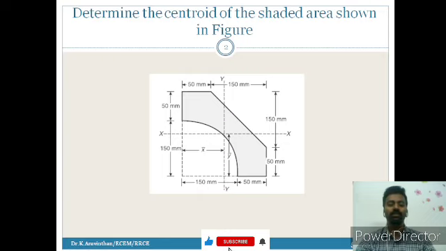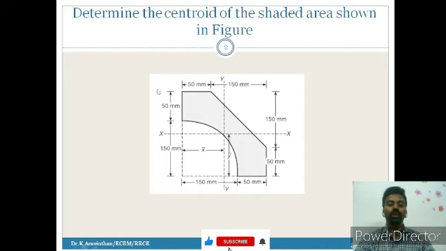Right now we have a shape. You can see that the shaded part is only a component, and also you can see the non-shaded component, a hollow part. You have to find the moment of inertia of the shaded shape. Now the shaded shape is quite complicated to make into a structure.